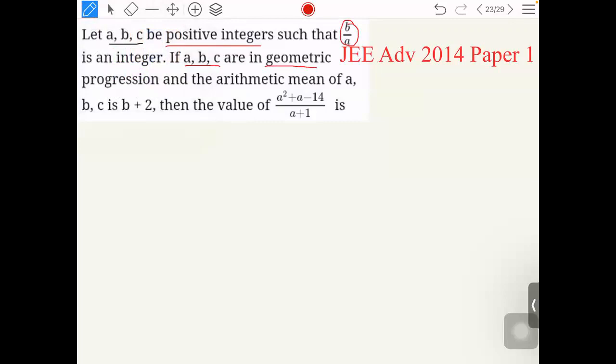So can we assume B equal to AR and C equal to AR square. Here you have to remember that A and R both are integers. ये बहुत important है। A and R both are integers as per the given condition. ठीक है, A and R both are integers. तो अब इसमें